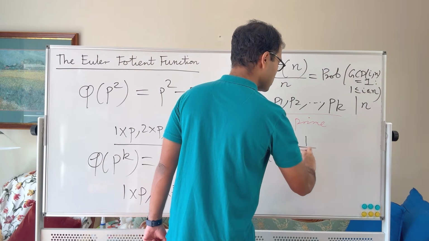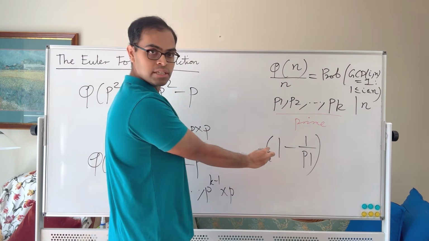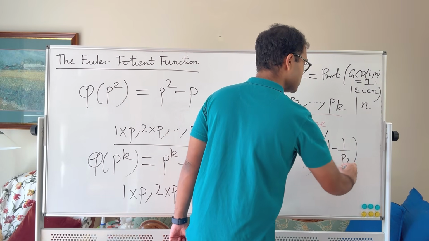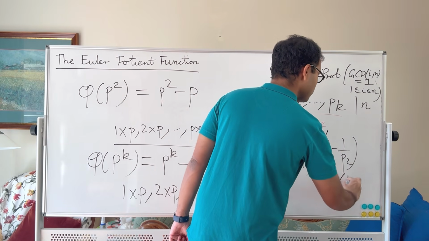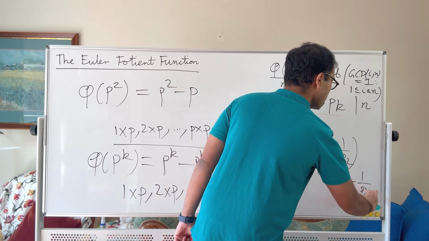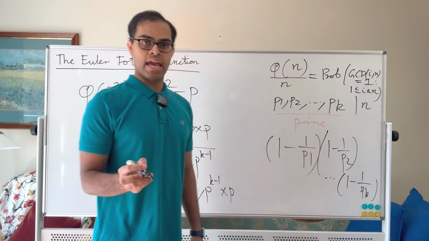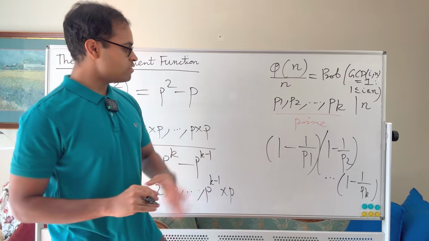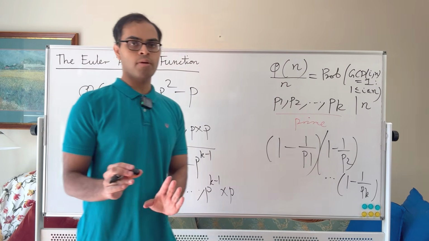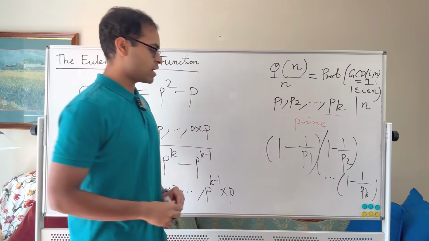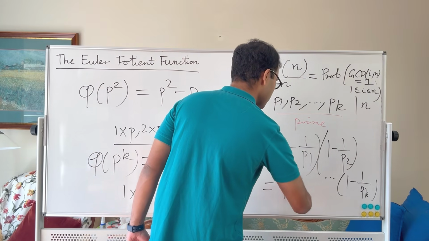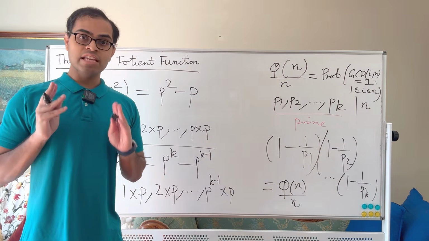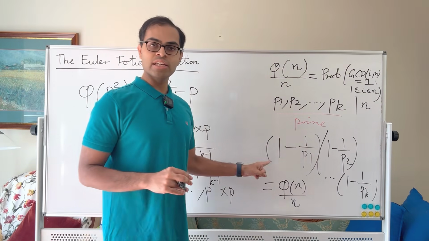We want it to be indivisible by p1, which is this probability. Then we want it to be indivisible by p2, which is this probability, and so on, all the way up to 1 minus 1 over pk, so it is indivisible by pk. So this is going to be the probability a number from 1 through n is indivisible by all of these. You're multiplying the probabilities, it's indivisible by each of the prime factors, and you're getting the quantity phi of n divided by n. That is now going to give us a super cool formula for the Euler Totient function, and